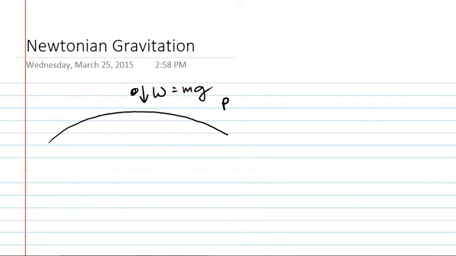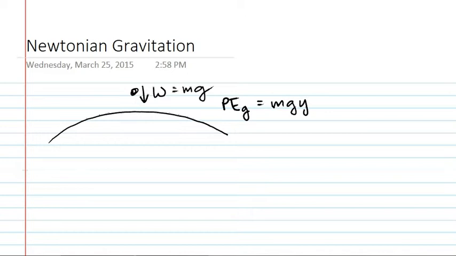The motions of the planets are nearly circular orbits, so it shouldn't be too surprising that gravity shows up in a chapter discussing rotational motion. You may recall that if we had an object close to the surface of the Earth, its weight was going to be the mass of the object times the acceleration due to gravity,